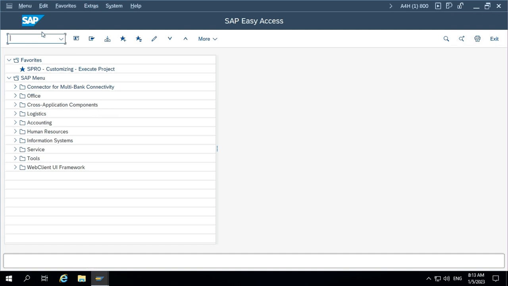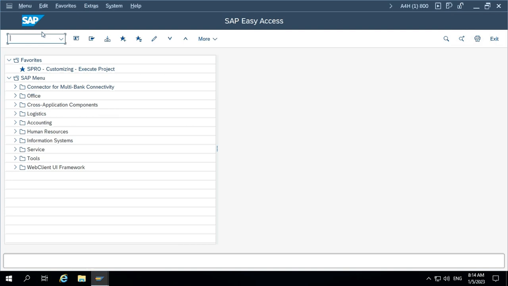To display only the required fields, to display data in the required format or in the required field order, for customized report headings by overriding the field labels, what is the option we need to use? Field catalog, right? We need to use a field catalog. So what is the field catalog? Field catalog is used to